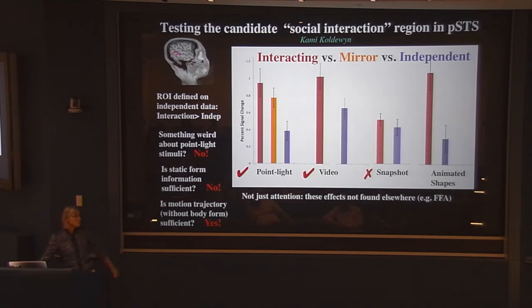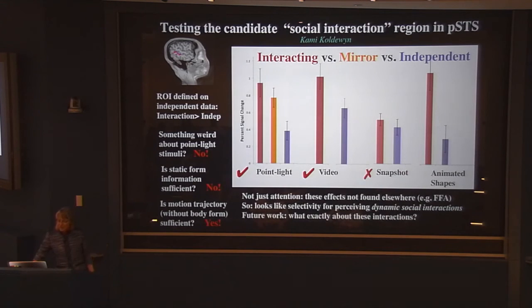Contra what lots of people have said for many years about how fusiform face area is really part of high-level semantic social processing. Oh, no, it is not. And you can see that with all of these contrasts. It just cares if there's a face there. It doesn't care about all this high-level stuff. So it looks like this region is doing something like perceiving dynamic social interactions. Okay, that's a little squishy.